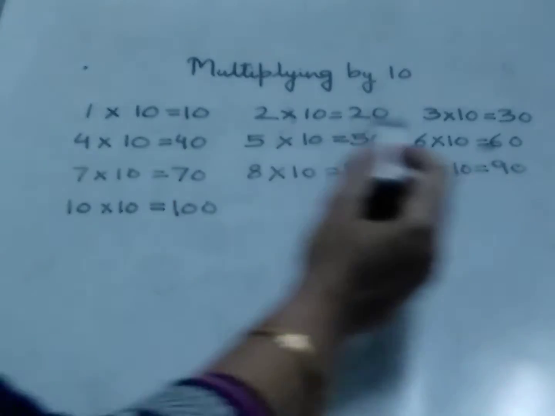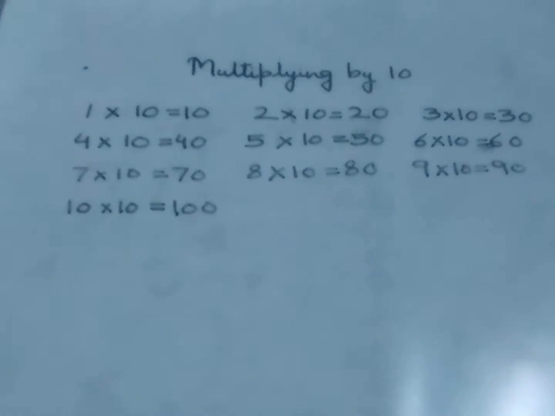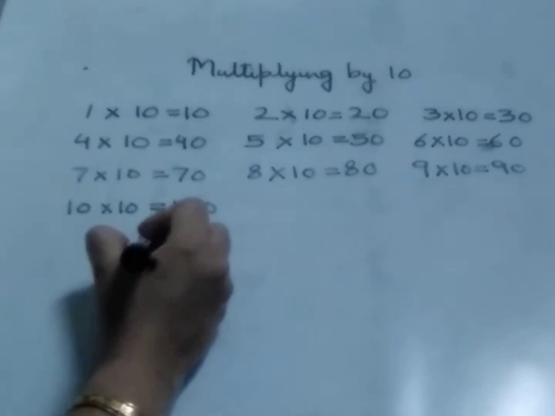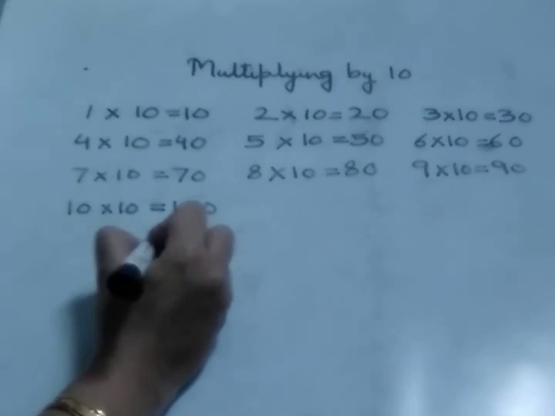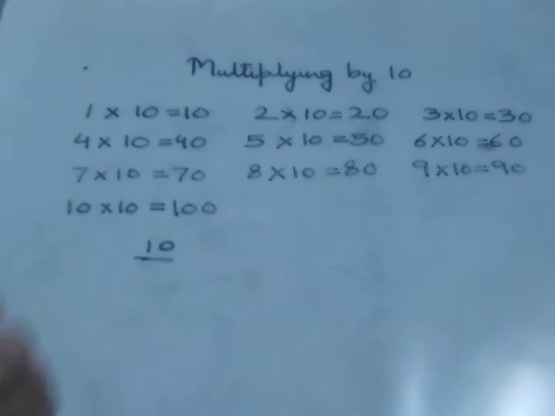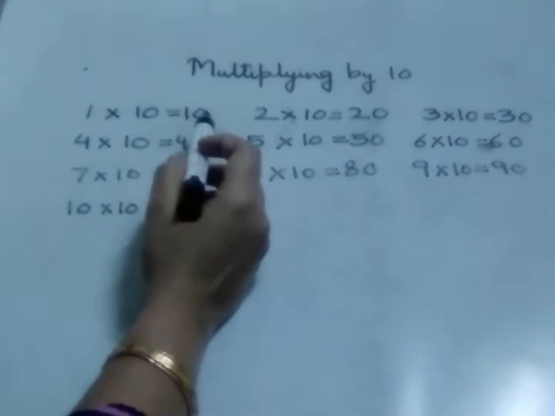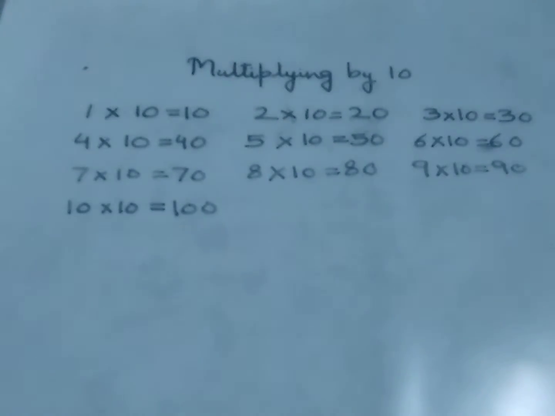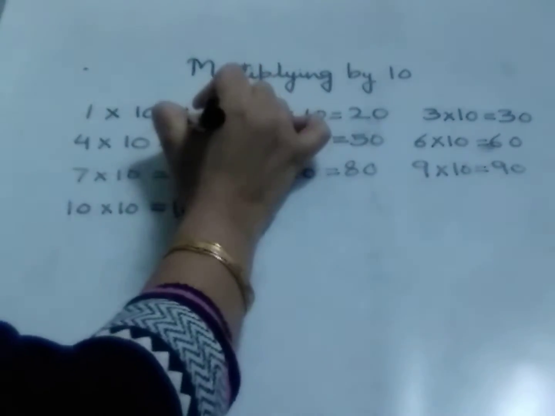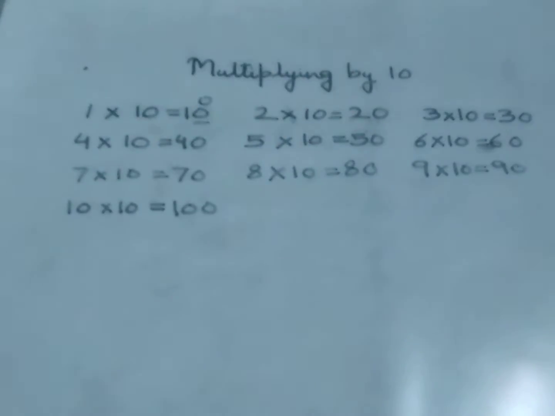Now observe the pattern in multiplication. When we multiply a number by 10, a 0 is added in the ones place. For example, 1 multiplied by 10 is equal to 10. Each of the remaining digits is pushed to the higher place. This is true for any number.